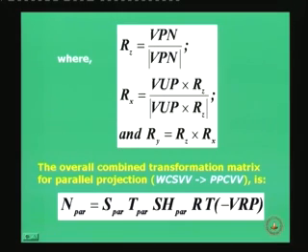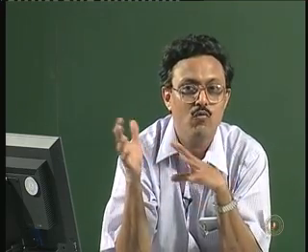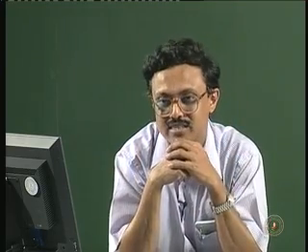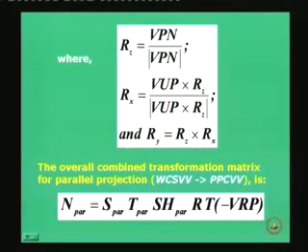WCSVB expands to world coordinate system view volume, which has to be transformed to a parallel projection canonical view volume, PPCVB. That is what we have been discussing as the overall combined transformation matrix, and it consists of 5 different